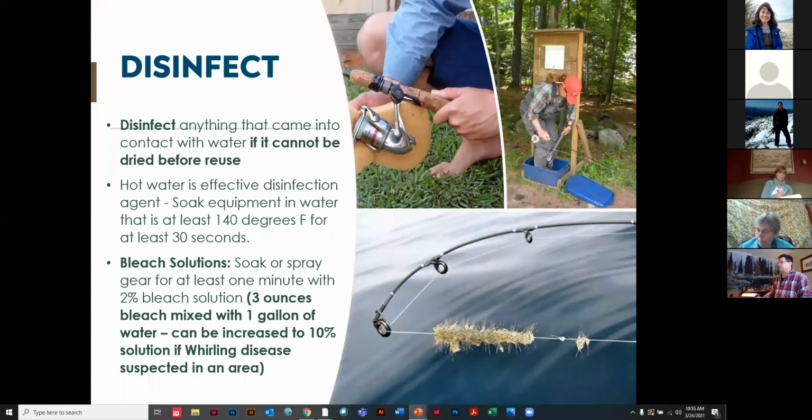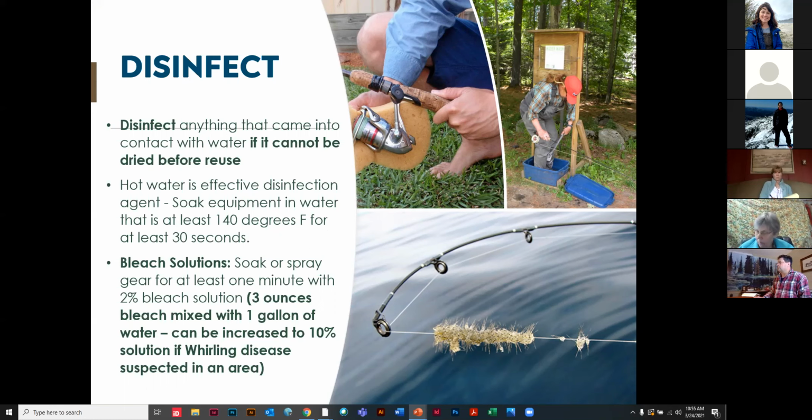And when you cannot dry, you can disinfect. You can disinfect anything that comes into contact with water if it cannot be dried before reuse. And those decontamination stations, those boat wash stations and those wader wash stations count as a disinfectant. Hot water is an effective disinfectant agent. You can soak equipment in water that is at least 140 degrees Fahrenheit and use a power wash. And you can also use a bleach solution. So that's what's being used in the Osceola River